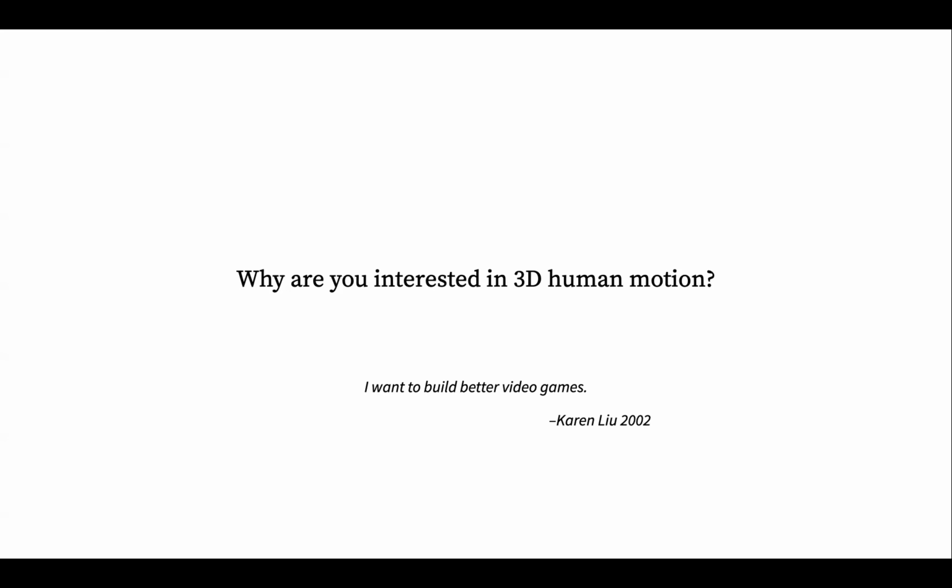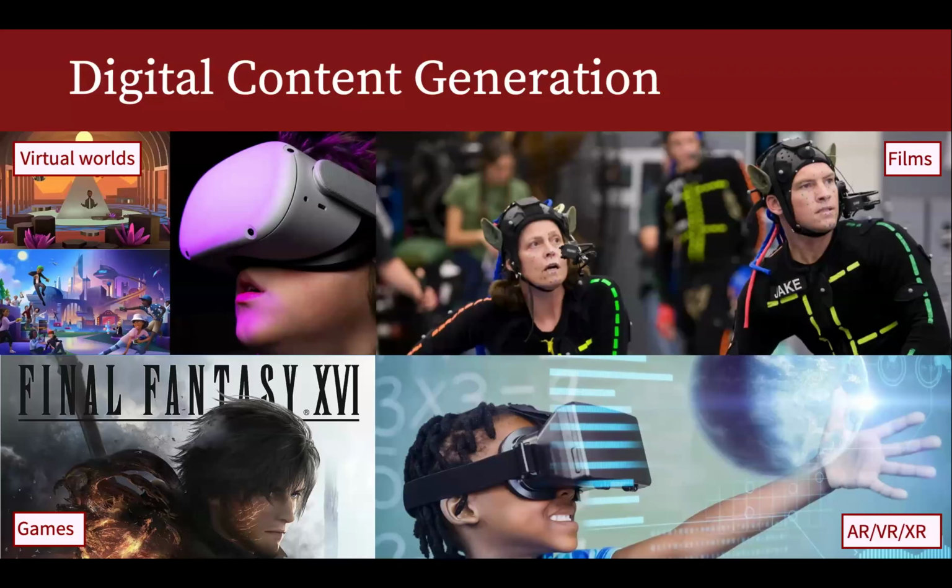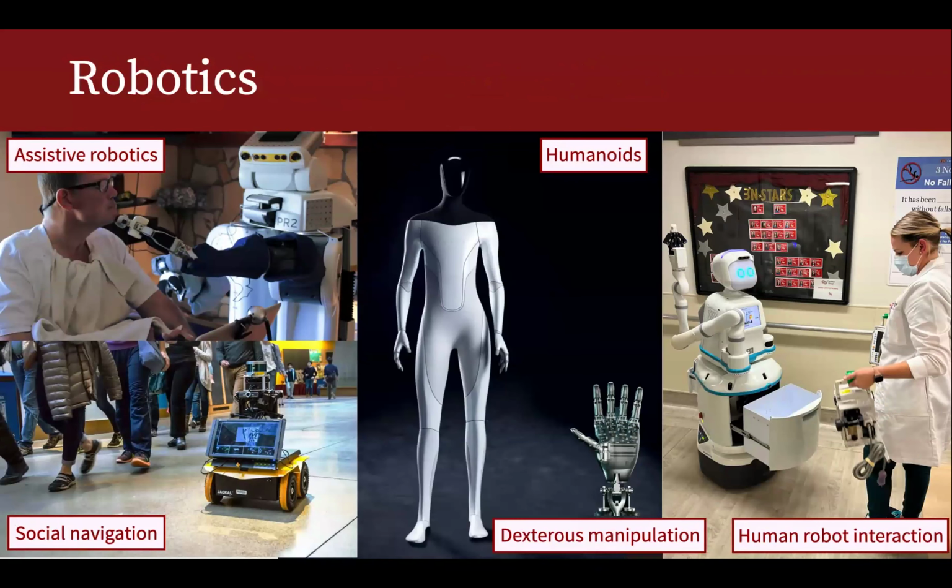And of course, the things that we're doing, not just for video games anymore, but still a lot of things we're doing are really motivated by real world problems. And that's really important for me, for my lab as well. So of course, we're still very much interested in this core agenda of computer graphics, right? We want to be able to create digital content that's realistic, and human movement is really important part of it. We're very interested in robotics, right? Because knowing how human moves can help robots to move more like us or interact with us better.